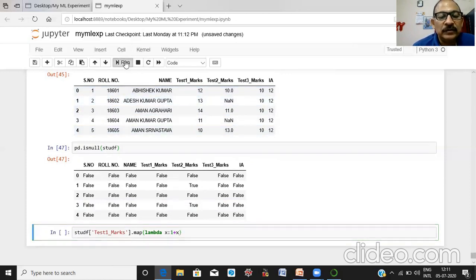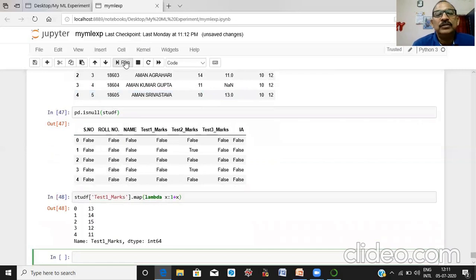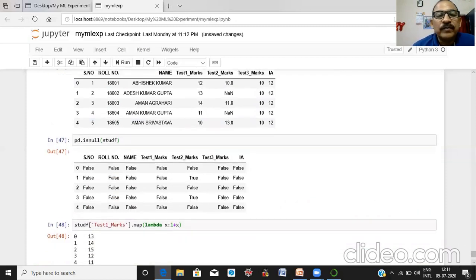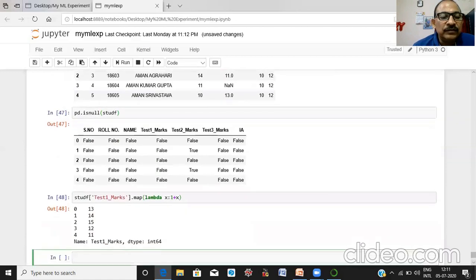Now run it. Here you can see the values. The previous values are 12, 13, 14, 11, 10, and new values are 13, 14, 15, 12, and 11.